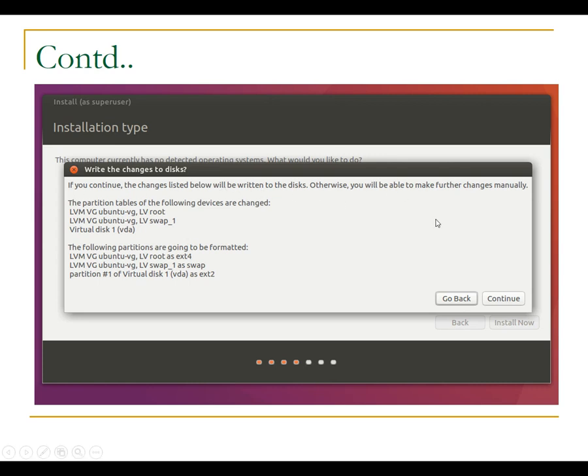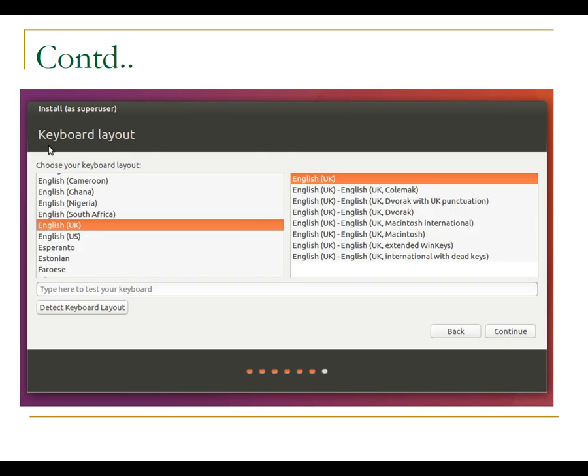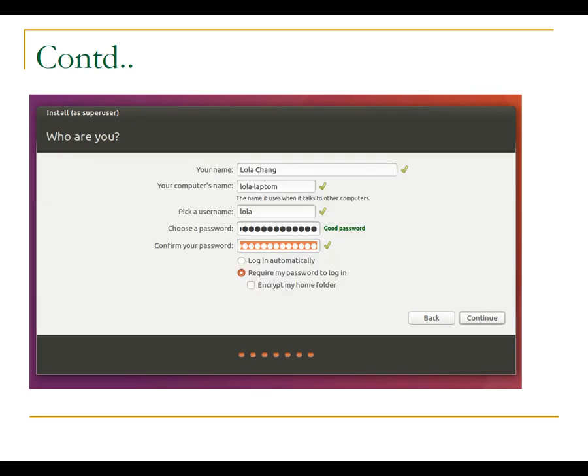During this it will ask for some other confirmations for VGA adapters and so on. Just press continue over here. At the end it will ask for your location, so select your location and press continue. It will automatically set Indian Standard Time in the system. Then it will ask for the keyboard layout. By default we are using the keyboard layout called English UK. Select that particular keyboard layout and press enter, or we can say continue.